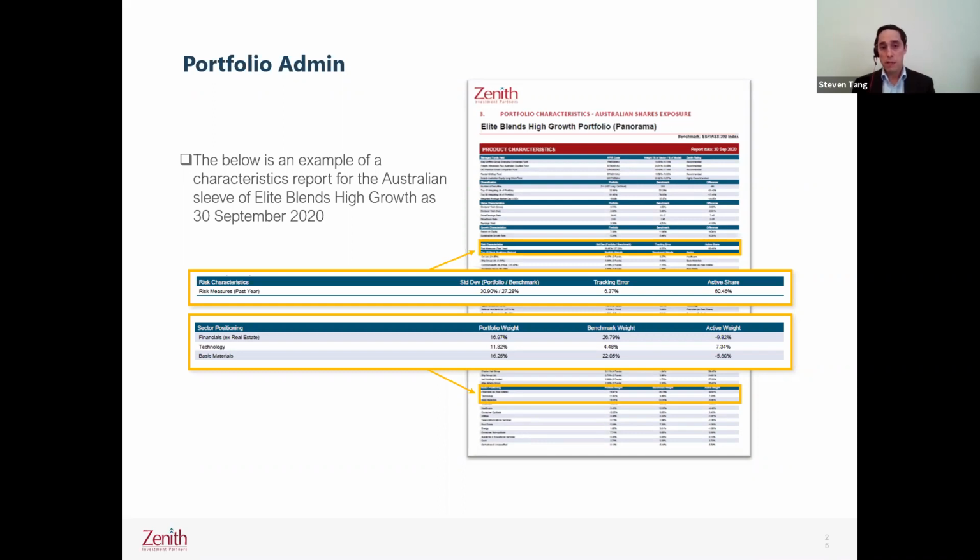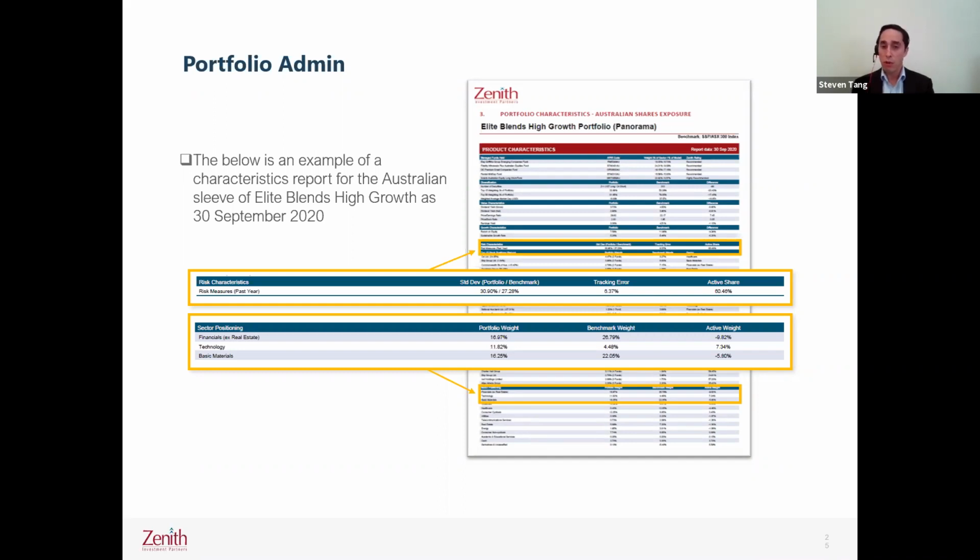But you can see there the risk metrics. Standard deviation is high overall at that sleeve level. The tracking level is high, so this is all ex post, so it's after the fact. And MSCI is ex ante or before the fact, so it's anticipating how much you will do. So all this is complementary in terms of analysis. But what we want to make sure is that we're not too surprised by the fact that we're running more risk in the Australian shares sleeve, but we designed the portfolio overall, which you can't see in some of the output here, to be less risk and lower drawdown and lower volatility.